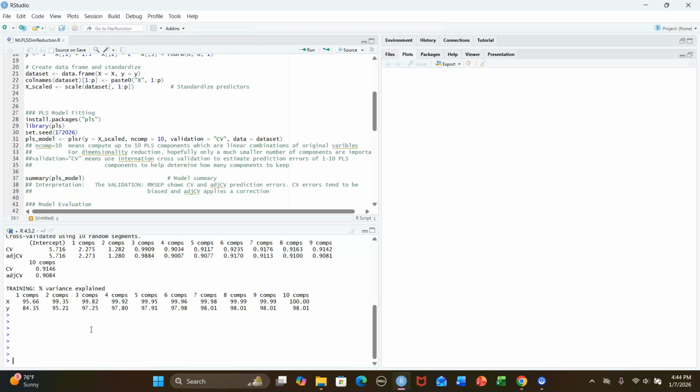But this cross-validation error is just one dimension we look at. We also look at this training percent of variance explained. You can see one component, two components, up to 10 components. So you can see to explain the variance of y, for one component you explain